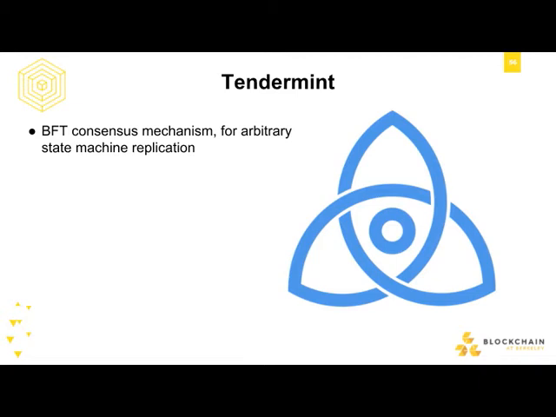It's a library which can be used to build anything that you want to have where there's a state machine and there's transactions coming in that are changing the state, and you want it to be done in a Byzantine fault-tolerant way. And they do this in a way that gives you the liveness property when there's no partition, so as long as the network doesn't go down, and as long as 2/3 of the nodes are still running and connected to each other, transactions will be processed and everything keeps going as you expected.